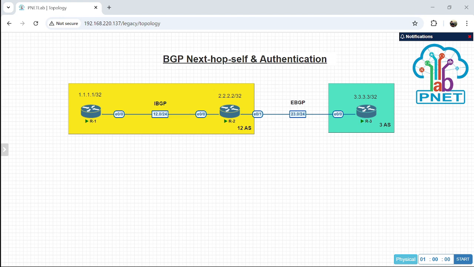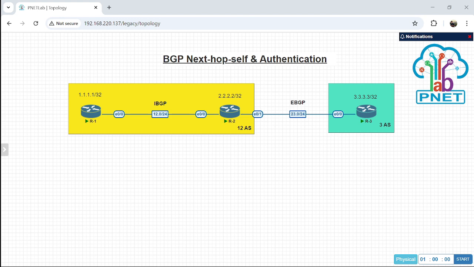So, in a BGP configuration, routers will usually use the next hop information from routes received from other routers, and then send the information to other routers in the network.